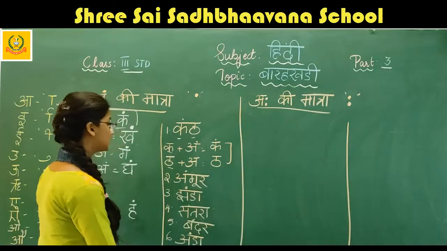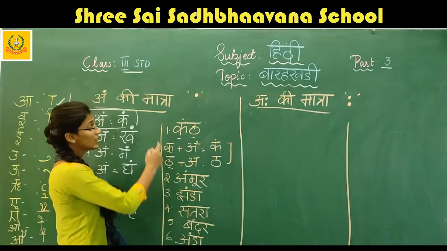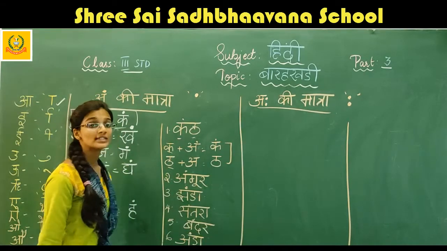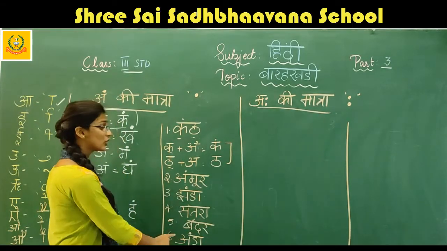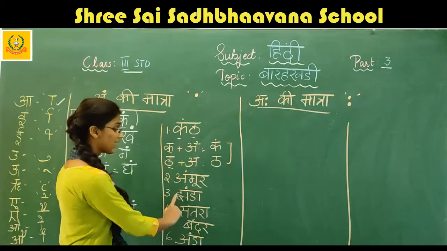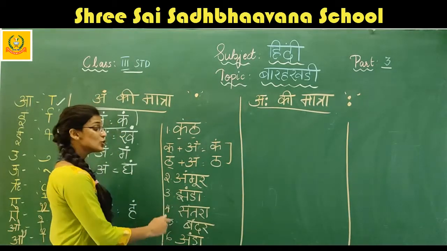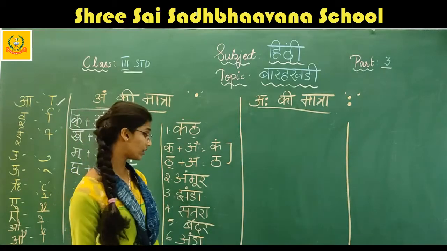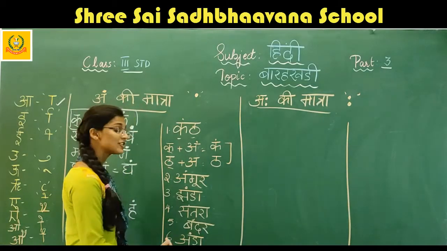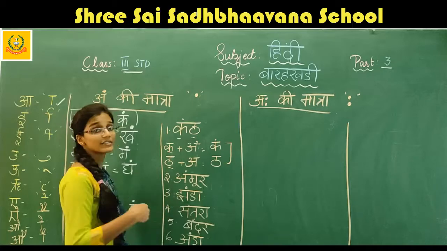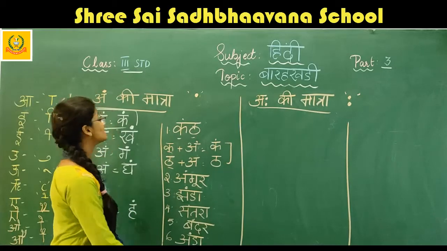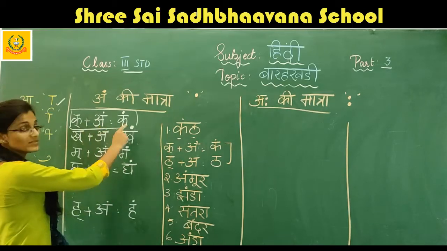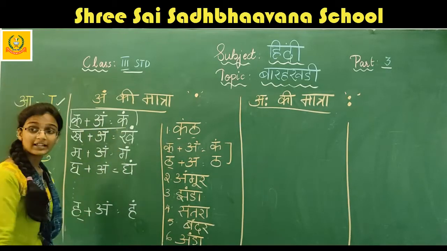So these are the examples for ki matra. One example I have done for you all. Rest do yourself. I hope you will be able to do yourself. That is why I have not expanded, so you will be able to know where you are not understanding or where you can write better. So this is ki matra. Ka plus gives you come. Like that you can write till ha.